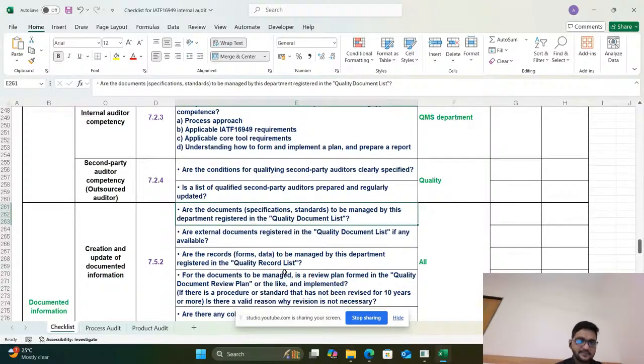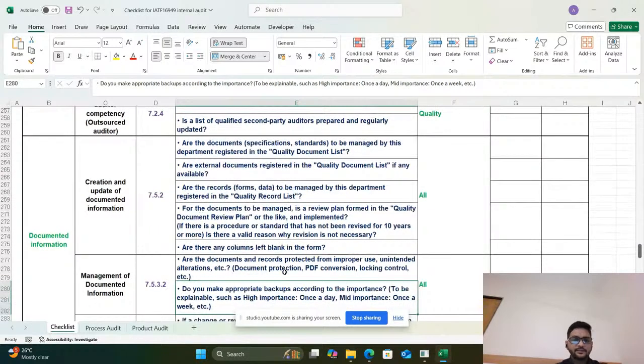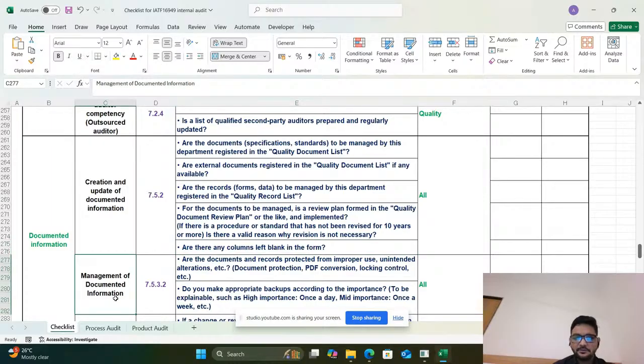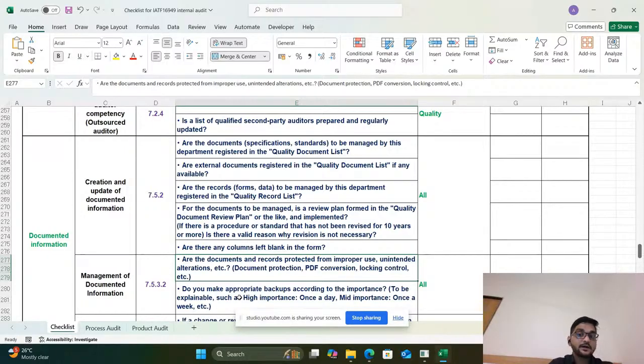Any records also need to be mentioned; we are going to check, and if found satisfactory, then we mark accordingly, meaning a positive result. Next is management of the documented information, that is 7.5.3.2. All documented records are protected from unintended alterations. This we need to check.